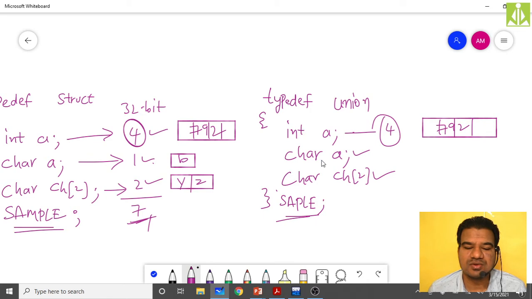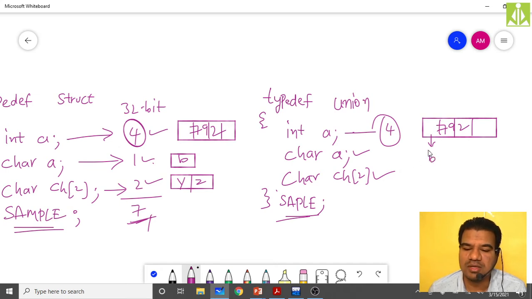When I want to store a value b, we don't have any other memory location. It needs only 1 byte to store this character, so it will consume this first byte and store the value b.